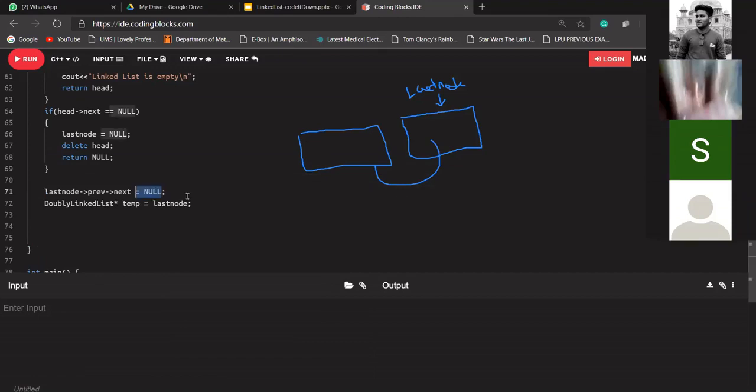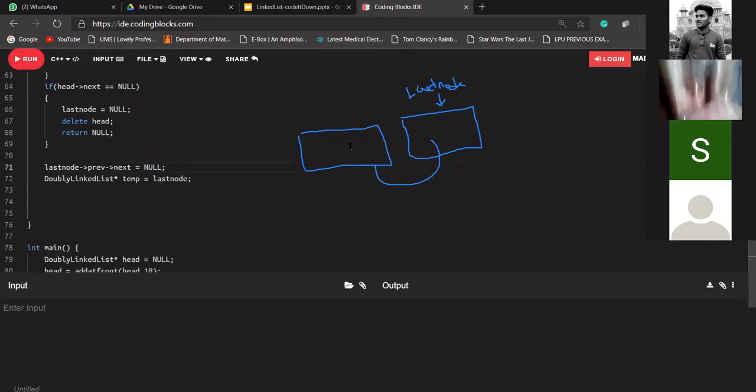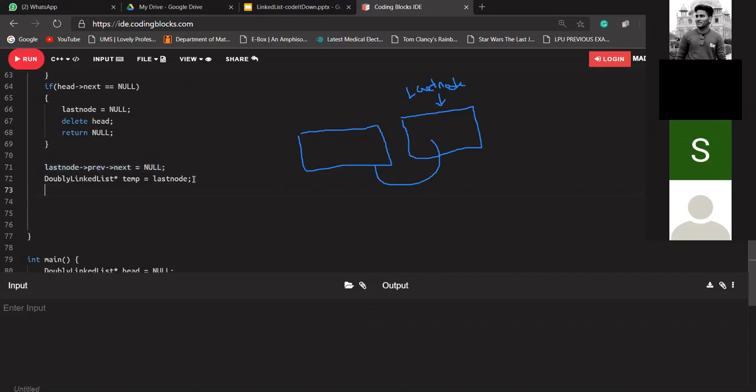So there is need of using temp. So this time, Ashish, what I'm doing is its previous next is pointing to null value, and we have to delete this node. That's why I'm storing the address of this node, because we cannot say last node's previous next, as we have already updated it as null. In any case we will not have the address of this node, we cannot find the address of this node by any node. So I'm storing this address into temp, and I'm saying our last node